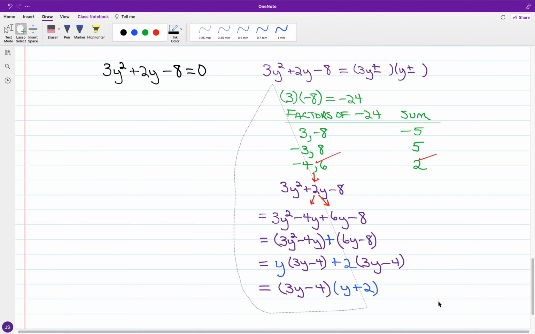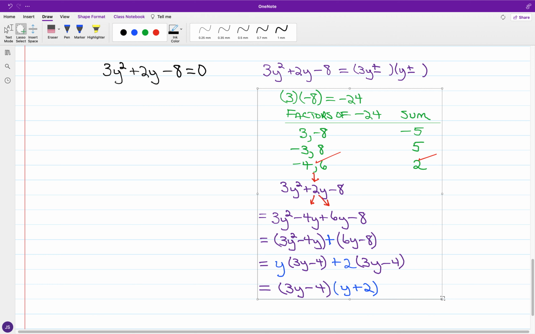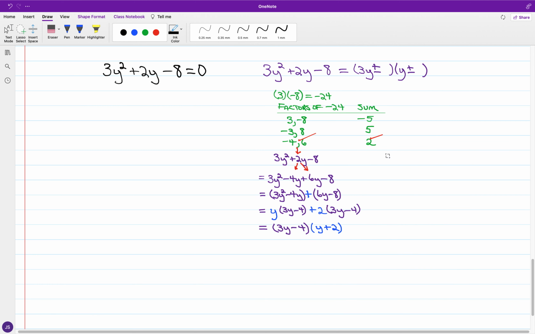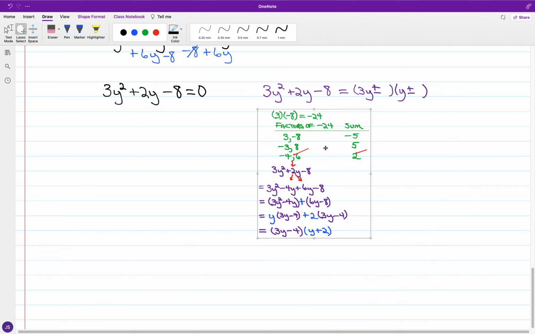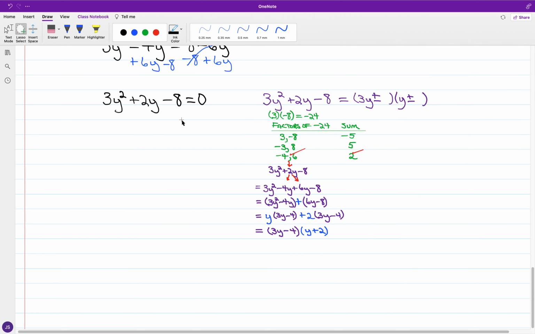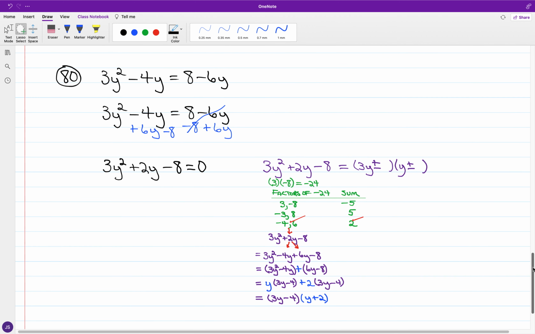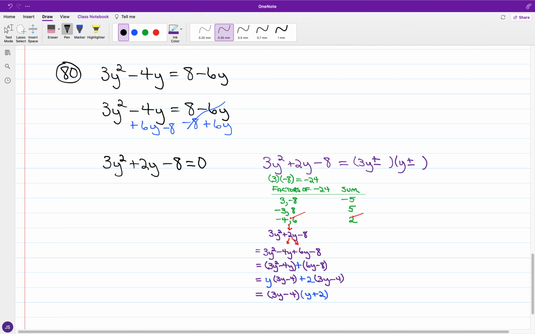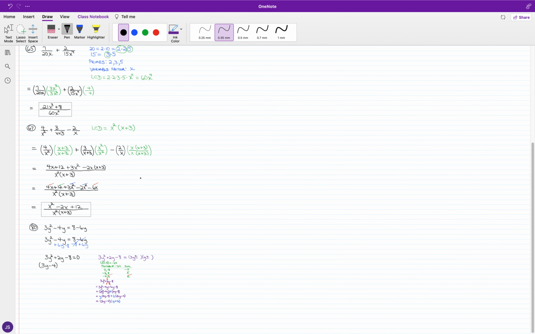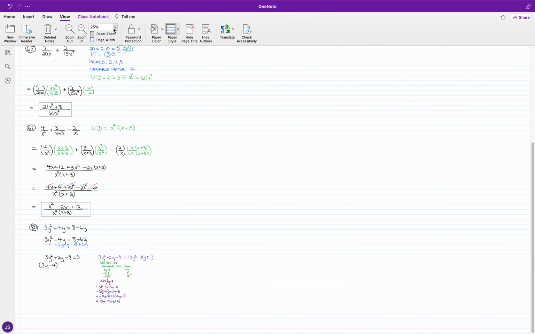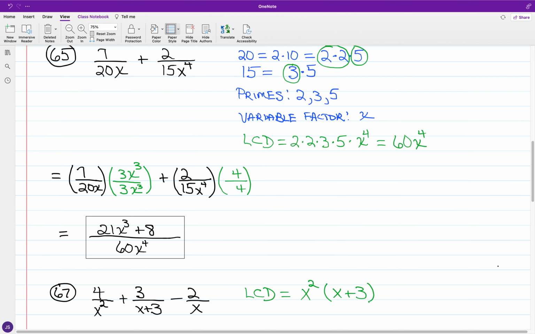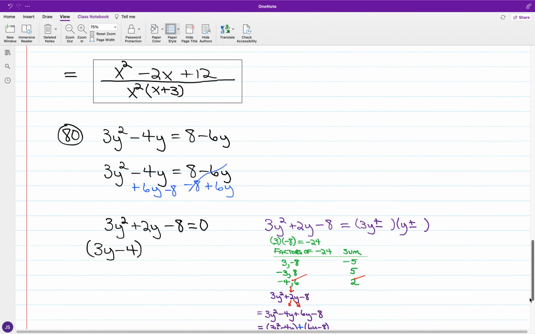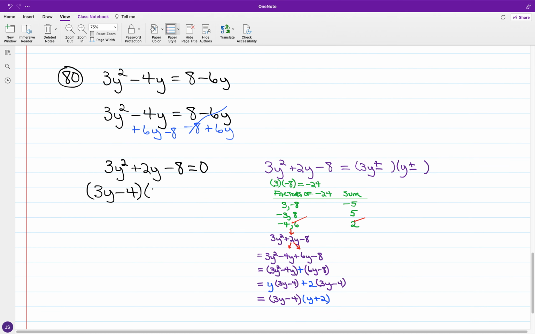And so just looking at what we have now, in the case of the quadratic equation concerned, again we have 3y squared plus 2y minus 8 is equal to 0. And so drawing out the factors, we got the quantity of 3y minus 4 and the quantity of y plus 2